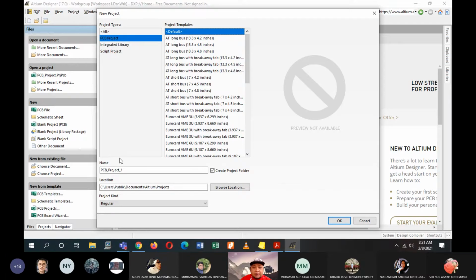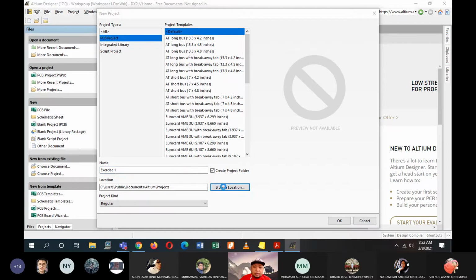Okay, so click on default and then name project PCB project 1. Okay, I'll be creating a new example. So this is our first session, I'll name it exercise 1. All right, and then create project folder. Now here the browse location, this is up to you where you want to store, save them.